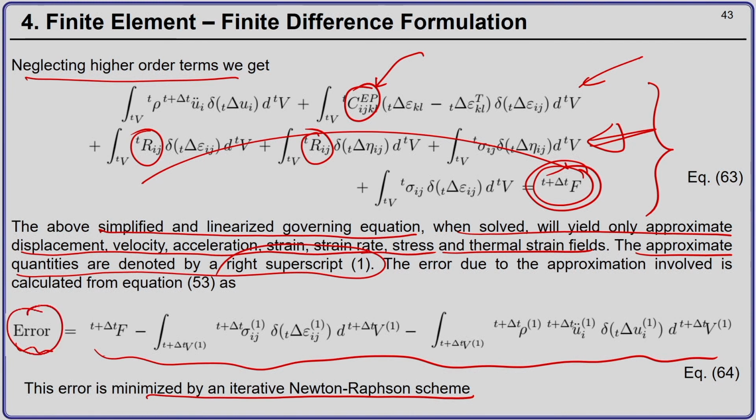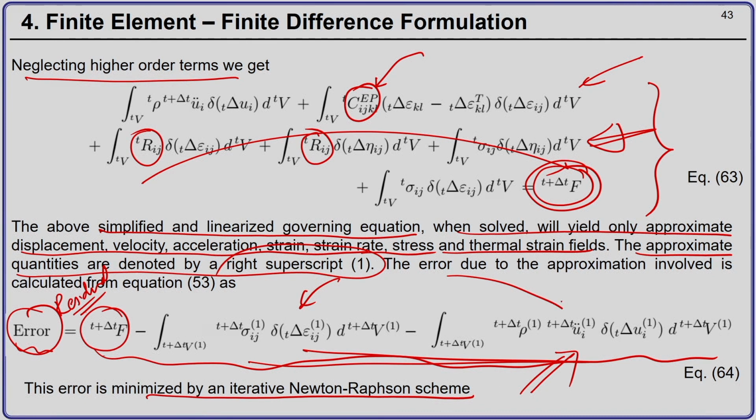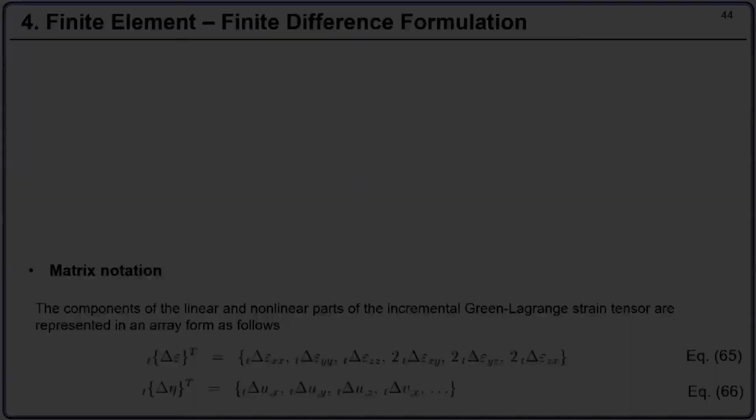Okay. So, this is what we call the residual. Remember, we had this residual in the solution procedure which we discussed in the previous lectures. Now we have to solve this and minimize this residual, so that the external forces balance out the internal forces and the inertia forces, which are generated because of the externally applied forces: body forces, surface traction and contact forces.